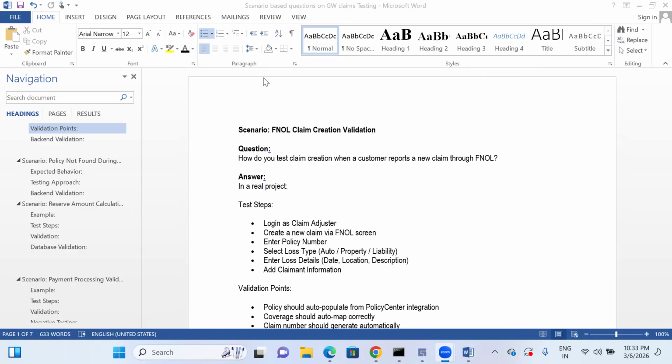Whenever a customer has applied for a first notice of loss, there are possibilities where the claim creation has to be validated. From the testing point of view, I'm referring to this. So when we attend an interview, whenever we claim that we are Guidewire claim testing professionals,